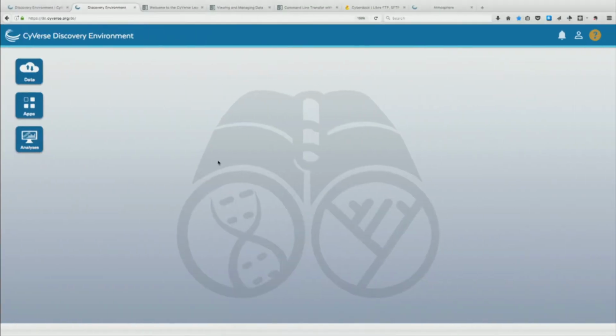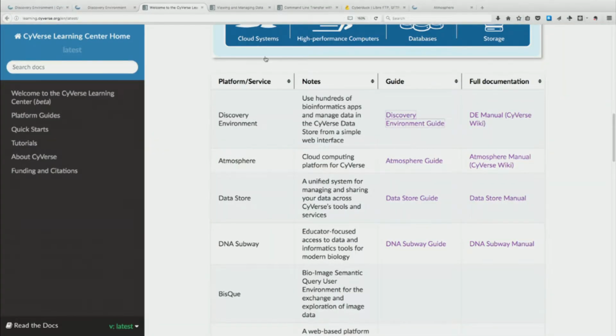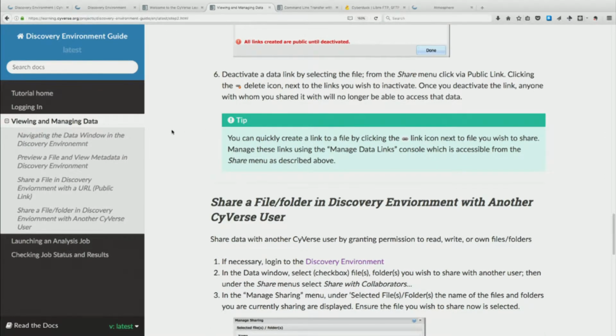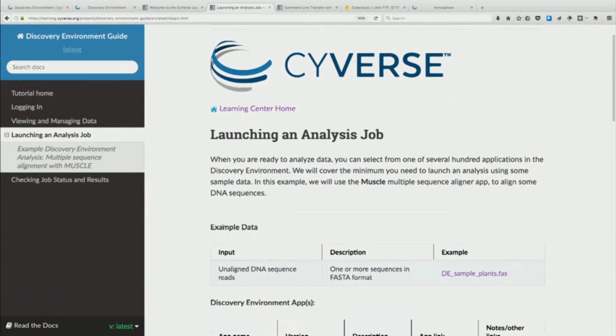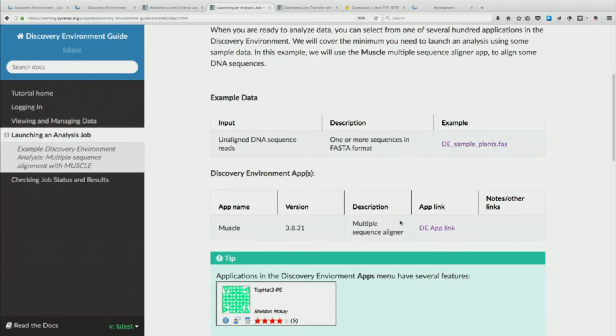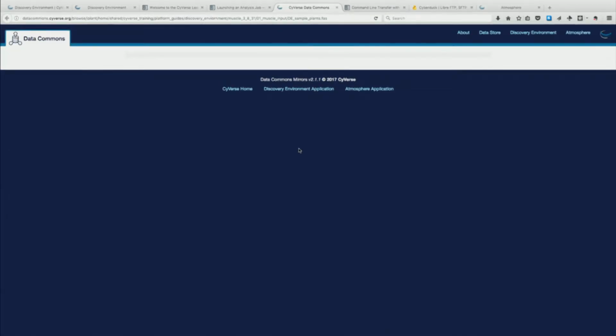The demo is covered in the Discovery Environment Guide, and this is under the section called Launching an Analysis Job. So there's a sample there. What we're going to work with, if I click on the data sets, what we're going to work with is a sample FASTA file,